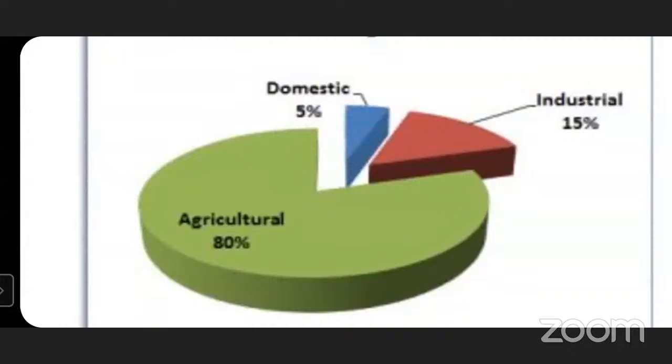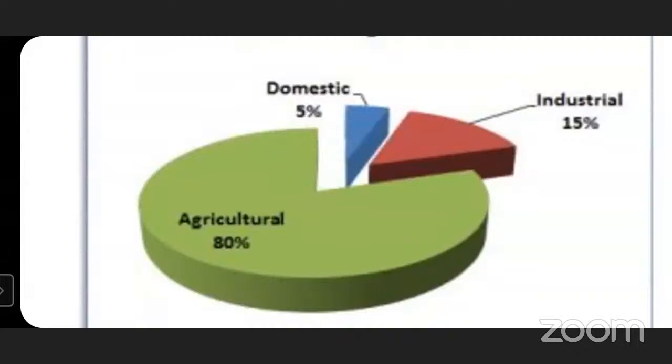Now industrial use. The second most commonly used water is in industries. About 15% of total water is used for factories. Whether it's the food we eat or the products we consume, water is required for nearly every step of production.